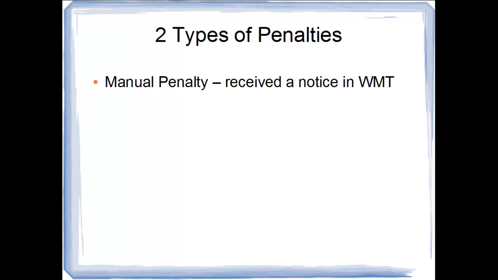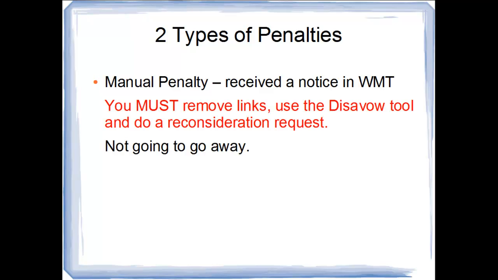The first is going to be a manual penalty, and this is where you receive a notice in Webmaster Tools notifying you of unnatural linking or some kind of manual spam penalty against you. Now, in order to resolve this penalty, you must remove links, you must use the disavow tool, and you must do a reconsideration request. This type of penalty is not going to go away; it's going to have to be